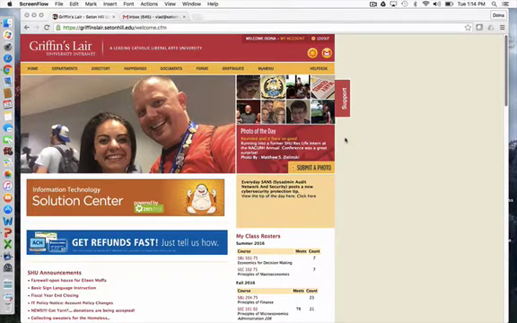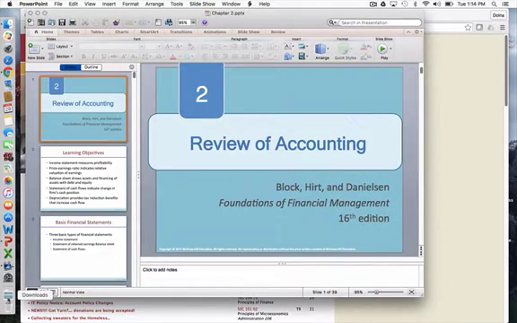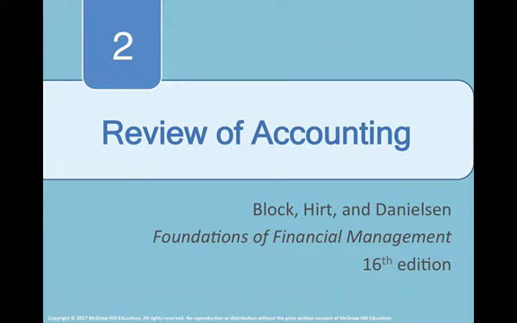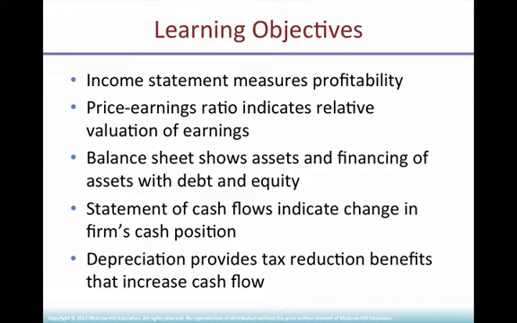Hi, today we are going to start chapter 2, which is really a review of accounting that you did in your accounting class previous semester or earlier. So some learning objectives of this new chapter are going really through all the financial statements and then build up on the information later on in the semester when you do the calculations of profitability ratios and other financial type